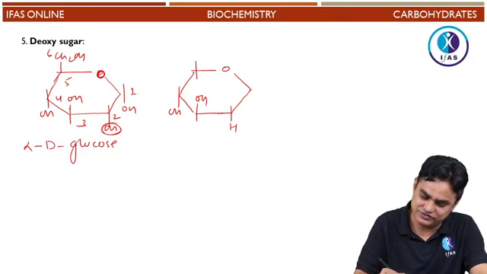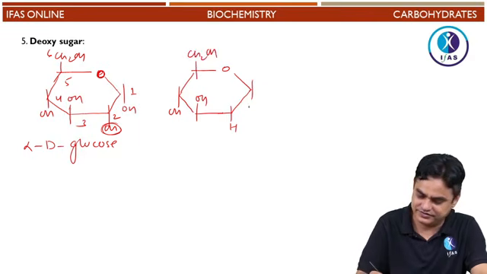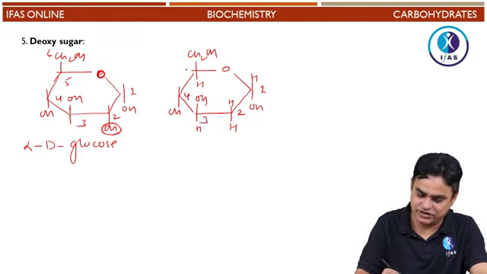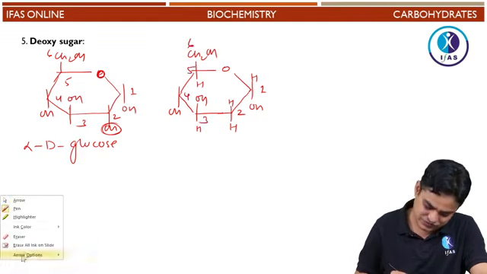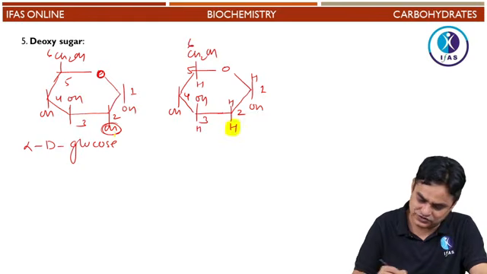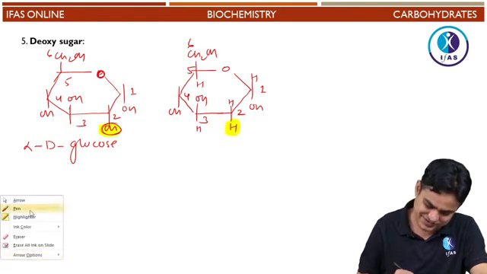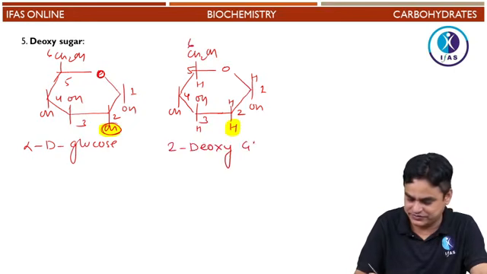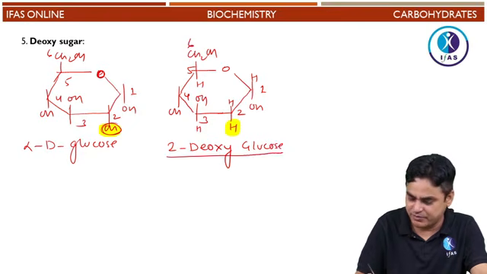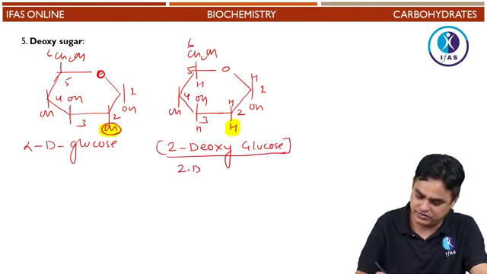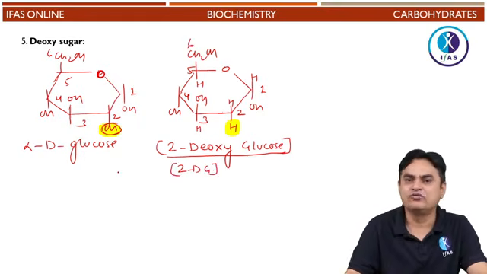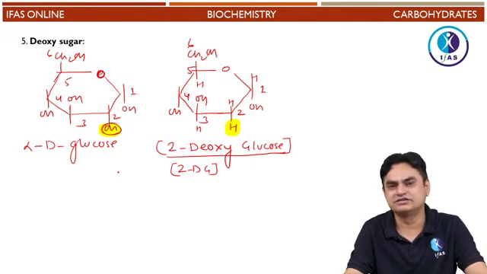Where now there is only H instead of OH. Can you predict the name of this molecule? If you're not putting anything, it means there is a hydrogen. This is first carbon, second carbon, third, fourth, fifth, sixth carbon. This is glucose, but at this place now there is only H instead of OH. So this is 2DG, that is 2-deoxy glucose, believed to be playing an important role in controlling the growth of coronavirus, especially in alveolar epithelial cells. 2DG is a mimic of glucose.